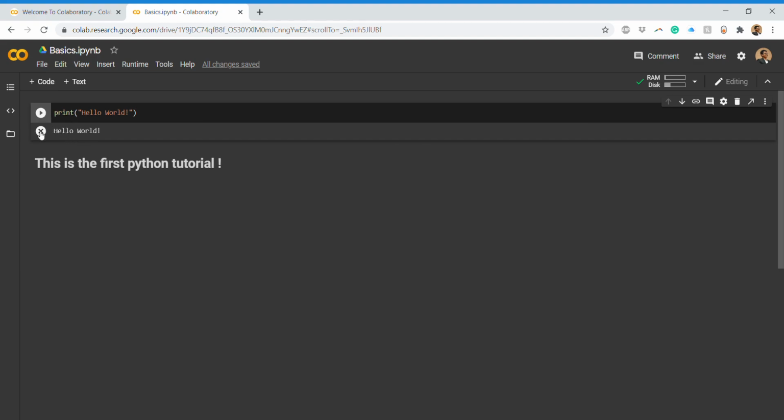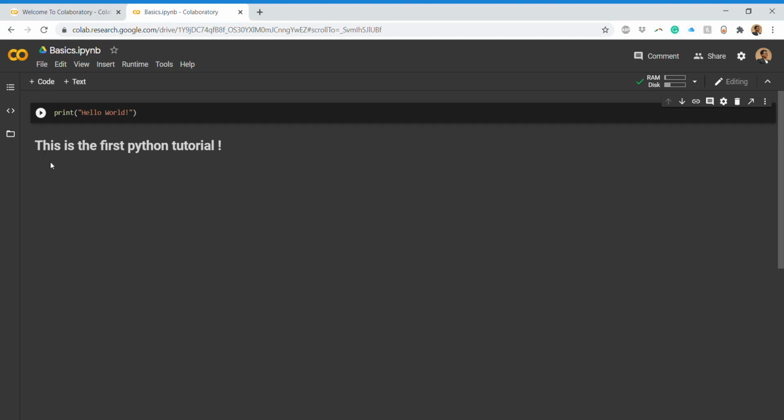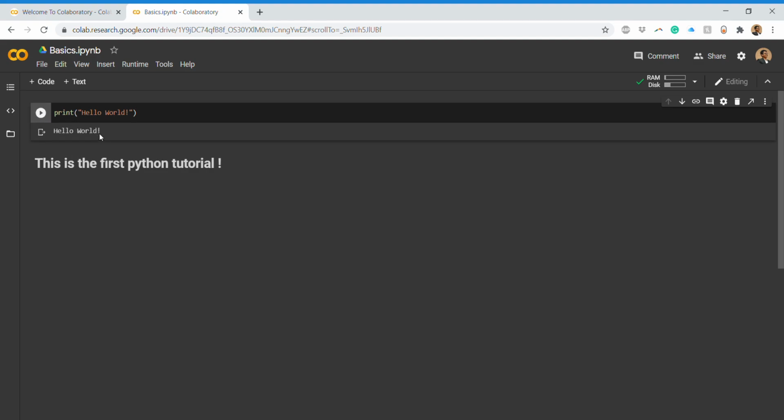It's a hello world, and if you want to clear this output, just press this cross button and it's cleared. And if you want to run again, that is the hello world program or hello Python programmers, it's as simple as that. So no errors on this, and this is the very first Python tutorial, and hopefully we'll meet in another series of this Python skill series,